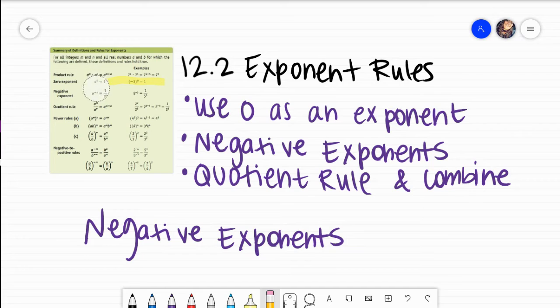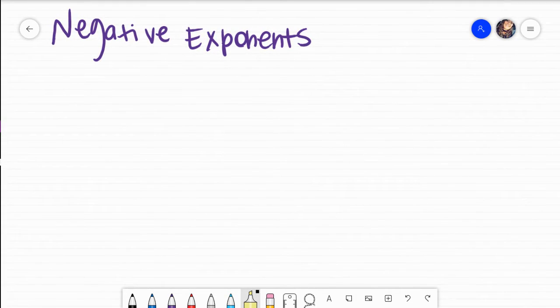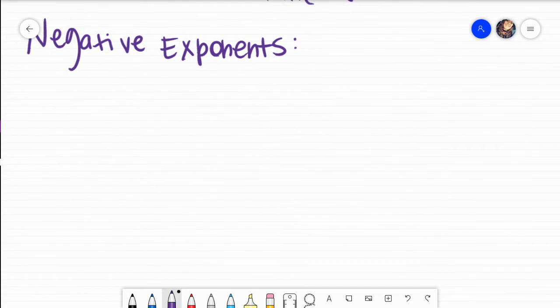What we have here is right actually under the 0 exponent. It's a negative exponent right here. So I'm going to go and write the rule, but that's going to be the one that we're looking at right there. For our negative exponents, there's actually two different ways that you could see them. And this is what it would look like. If we have